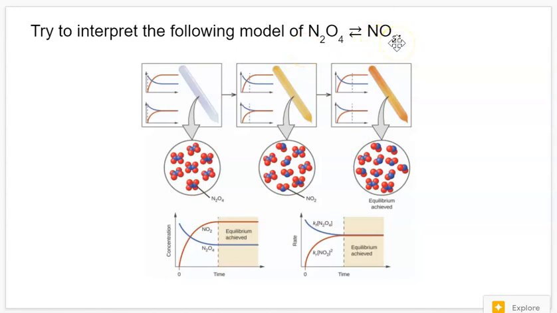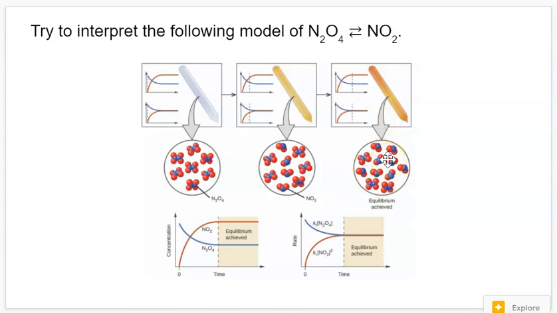with nitrogen dioxide. So we have some similar graphs here that we saw before. And if we track this dotted line on the x-axis, we could see that it is showing 3 different points in time. One at the beginning of the reaction, one in sort of the middle of the reaction, and then once we've reached equilibrium. So in our first state, we have all N2O4. So we haven't formed any NO2 yet. And then in the middle state of the reaction, we could see that some of our particles have now collided and split up to make NO2 molecules. And then when we reach the equilibrium point, we have a lot more NO2 particles. And it looks like the amount of NO2 particles are now exceeding the amount of